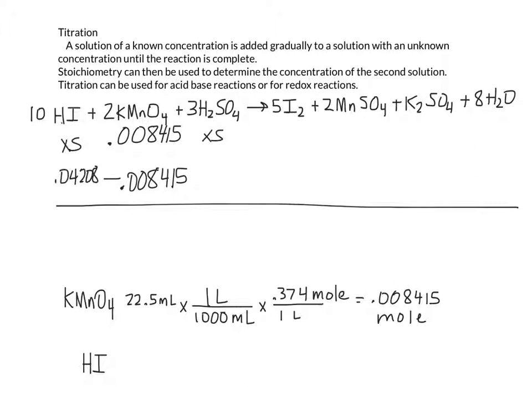If you're curious about the XS notation, it just means that we have enough hydrogen iodide. We have at least 0.04208 moles, so we have more than enough. Just to go ahead and practice the other mole ratios, the ratio of potassium permanganate to sulfuric acid is 2 to 3. So using that ratio, the change line, the amount of sulfuric acid that would be used is